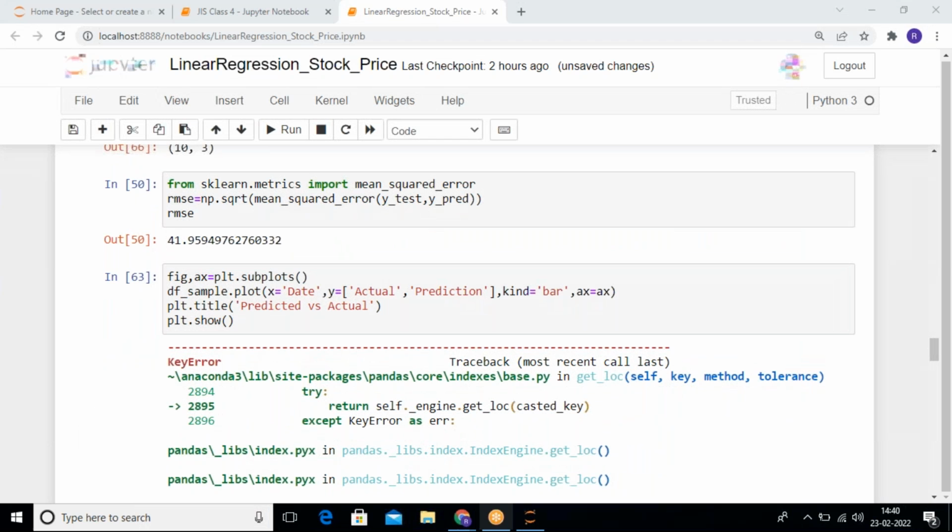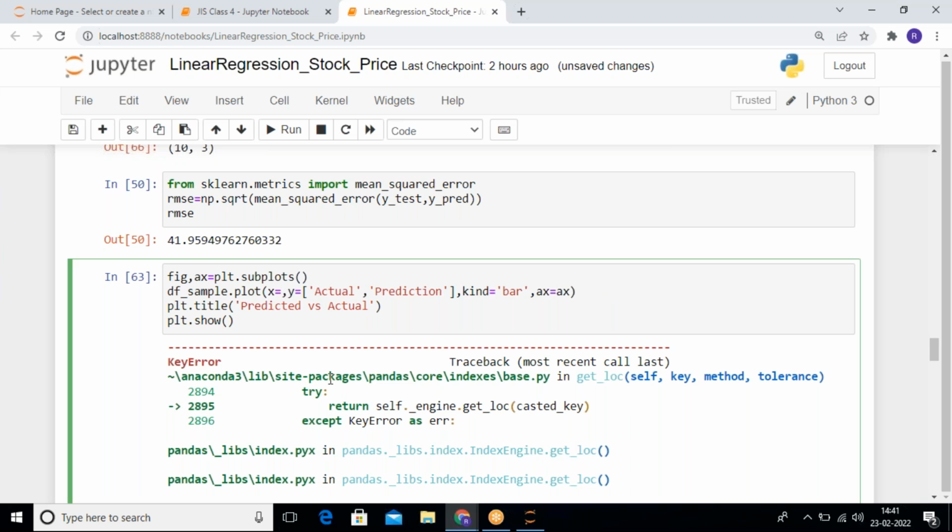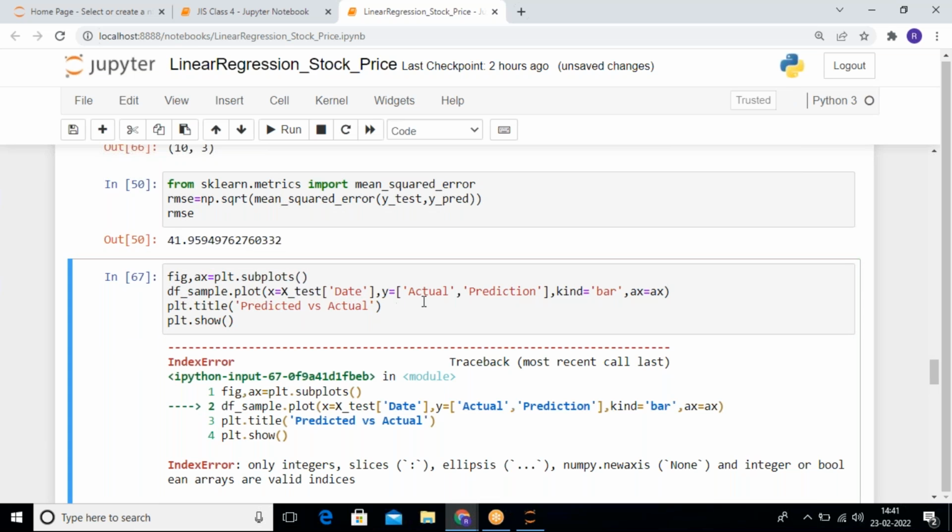नहीं सर, आई थिंक सो हो जाएगा शायद। हाँ बोलिए, इसी में क्या करना होगा? सर x इक्वल्स टू x अंडरस्कोर टेस्ट लिखिए, क्योंकि वो टेस्ट वैल्यू में आया है आपका 423 डाटा। बिकॉज डेट आपका df सैंपल में है ही नहीं, x अंडरस्कोर टेस्ट में है डेट, और उसमें आप स्क्वायर ब्रैकेट में डेट दीजिए। और y इक्वल्स टू df अंडरस्कोर सैंपल लीजिए,